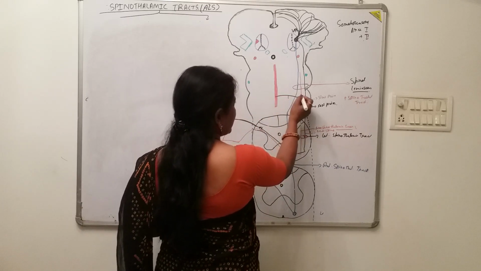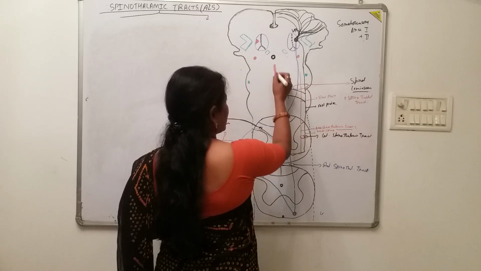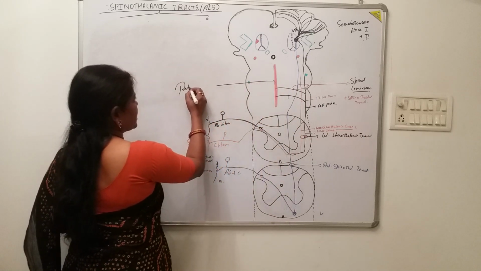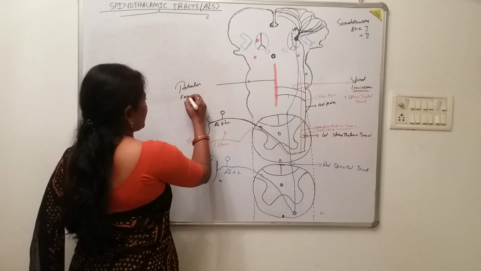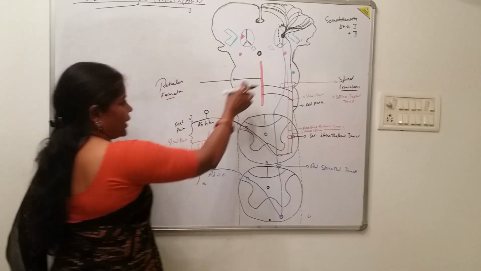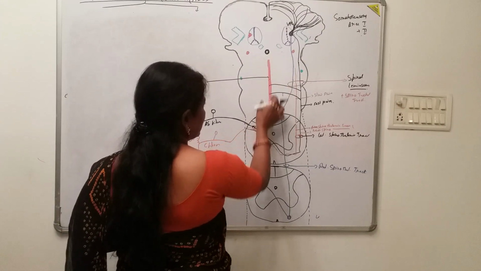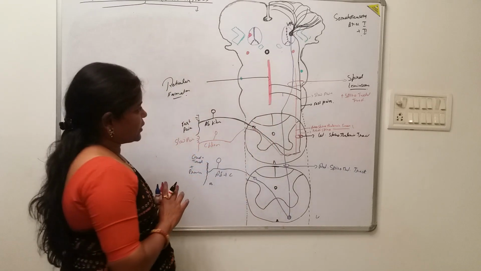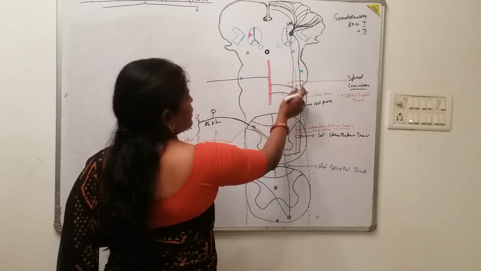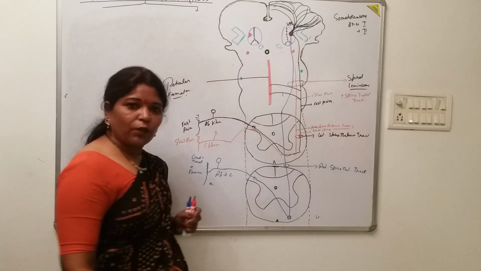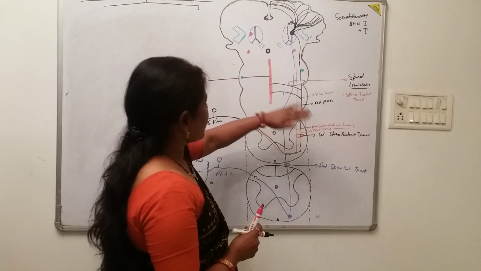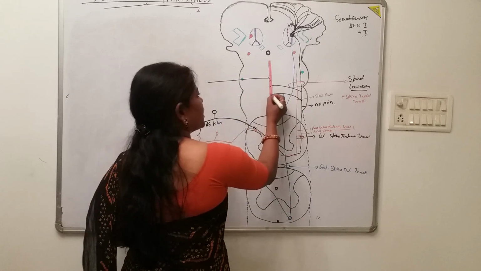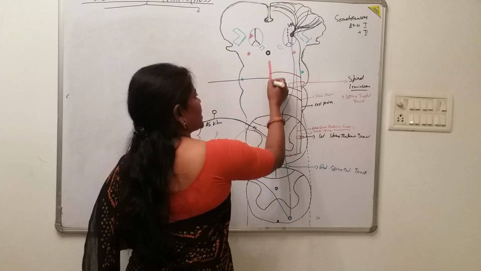Okay, but some of the fibers are also terminating here in the, what is this red color structure here? This is the reticular formation, a very important structure in this pathway. It is the midline structure complex of the neurons and the white matters in the midline structure of the brainstem, midbrain, pons and the medulla oblongata, a very important part. So majority of the fibers terminate in the ventroposterolateral nucleus, but some part, the collateral branches from these fast pain fibers, are terminating over the reticular formation also, isn't it?